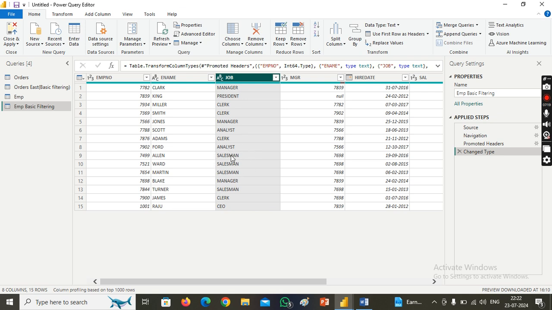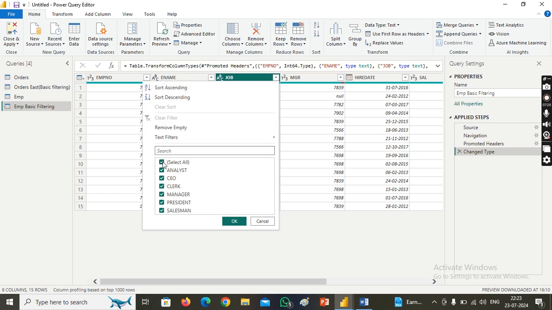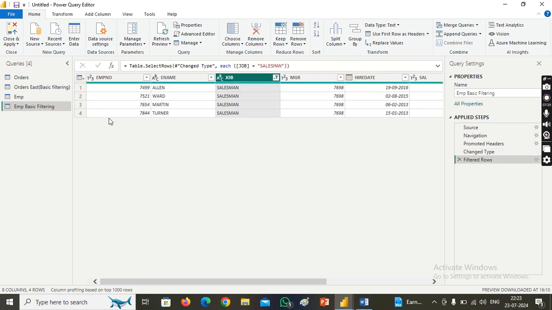Okay, I want to display only salesman-related information on this table. So I'm going to filter this column, uncheck all, and select only salesman, because I want to see only salesman-related data. Okay, guys, here we only see salesman data on this table,